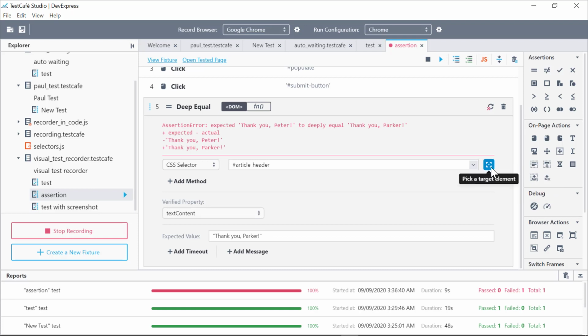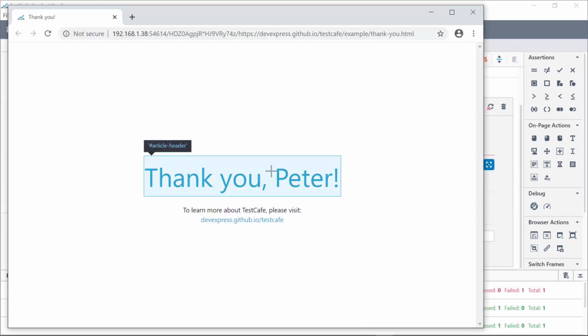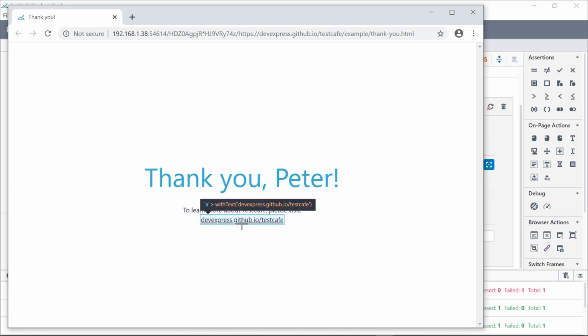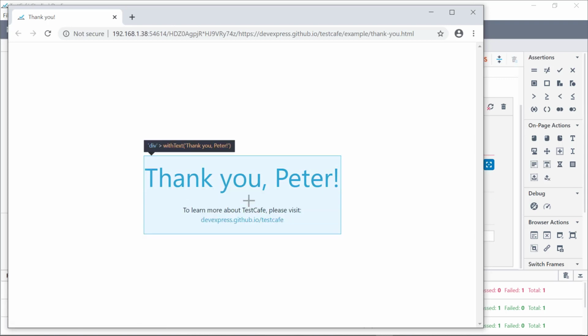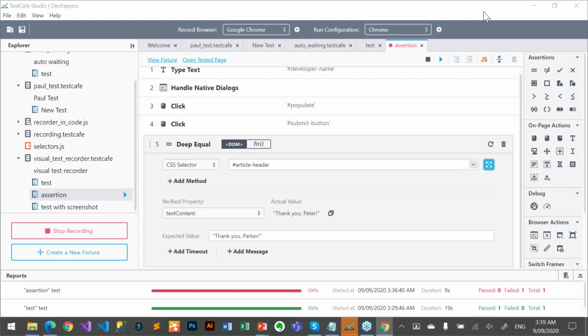But to make life easier, I can come through and I can use the target element picker. I can click, and it's going to bring up the page that the assertion was on. And you can see that as I move through any of these elements on here, I'm being shown the selector. And at this point, I want that one. Back into